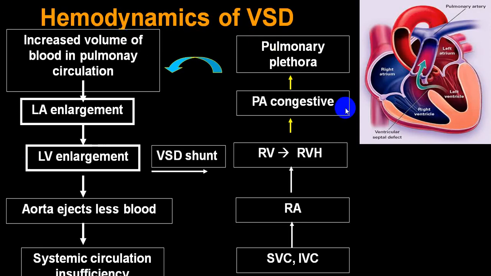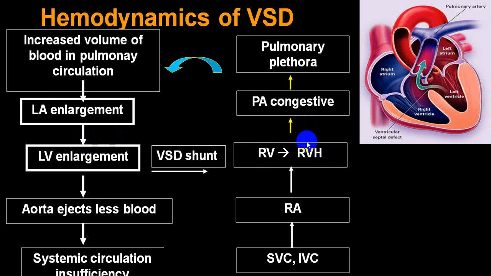Same thing is shown here. Blood will flow from LV into RV. More volume overload, RV dilatation plus hypertrophy, pulmonary congestion, pulmonary plethora, repeated respiratory tract infection, increase in pulmonary congestion and pulmonary hypertension. More blood comes to LA. LA gets enlarged, dilatation plus hypertrophy. LV gets more volume overload, so LV also undergoes hypertrophy with dilatation. So it is more of LV and LA which is dilated plus hypertrophy. And RV also undergoes hypertrophy with dilatation because of volume overload.